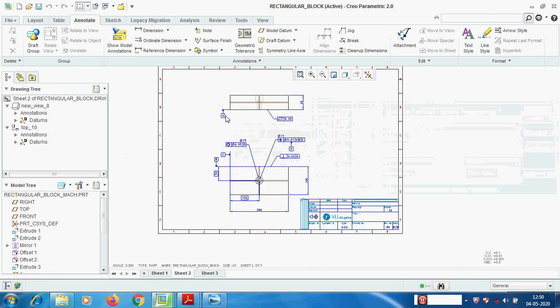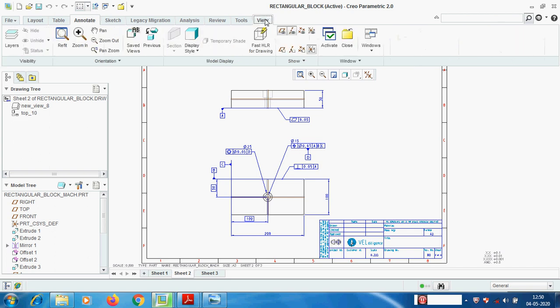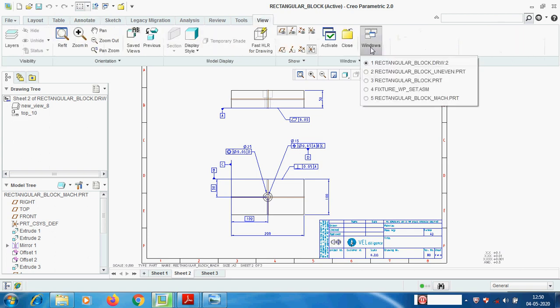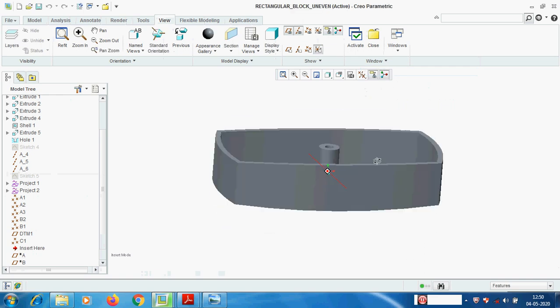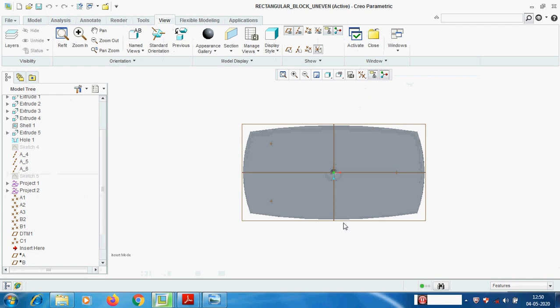Here we are using A, B, C as set datums. If the object is irregular, for example uneven, see this, the top view, all edges are curved.